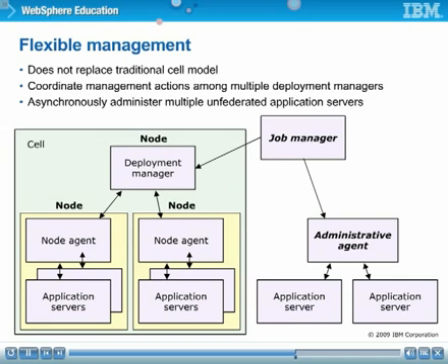The Job Manager can be used to manage multiple deployment managers in traditional cells, or it can administer multiple unfederated or standalone application servers through their administrative agents. Flexible management does not replace the cell model, but offers more options to the administrator for managing multiple unfederated or